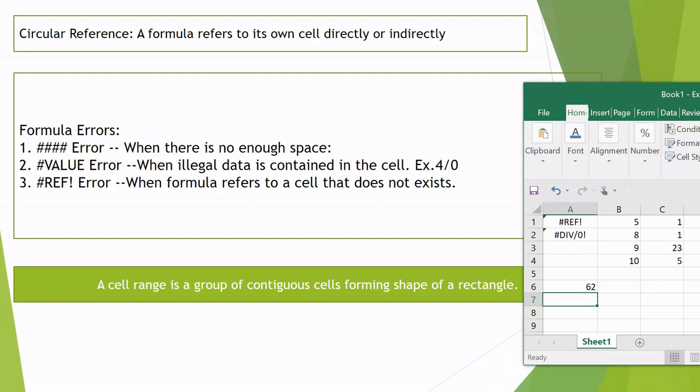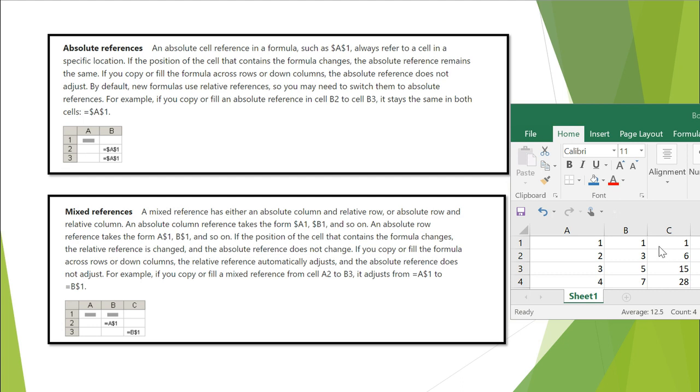So in relative reference, we saw that I have taken A1 and B1 as two cells which are to be multiplied and their product stored in C, and if I drag and drop it, it is going to multiply. Here it will make it B2 and A2 multiplied, here A3 and B3 multiplied, here A4 and B4 multiplied, and hence the value changes over here. You can see it is multiplying this 2, this 2, and this 2. This is a relative reference.